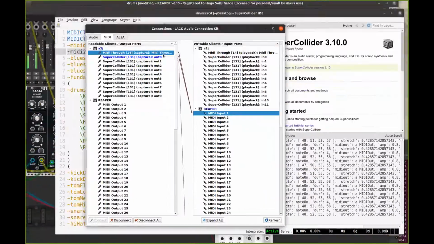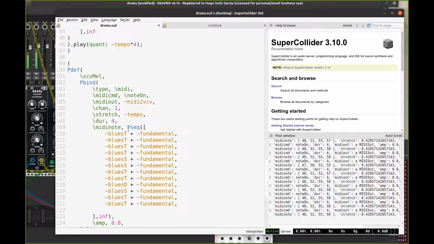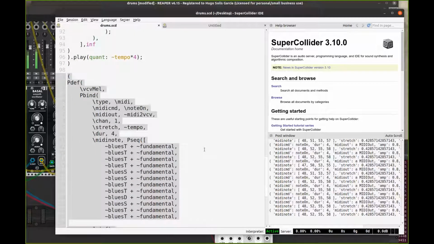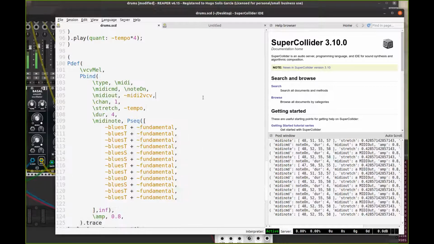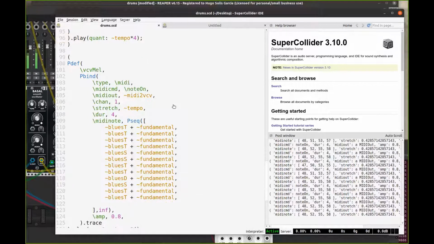And that MIDI output is connected from that MIDI channel, the second one, as you can see, is connected to the input of the BCB Rack, okay? So this code, that is the second part, is going from Super Collider to BCB Rack. That's why I have another MIDI output here, okay? Same channel, same stretch, and this is made of four bars,